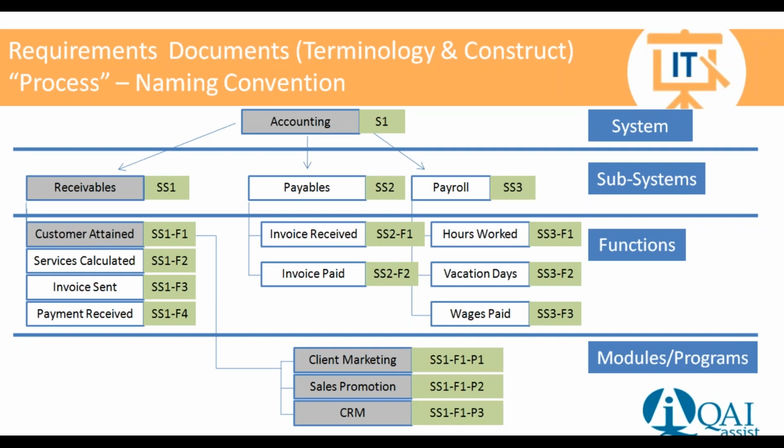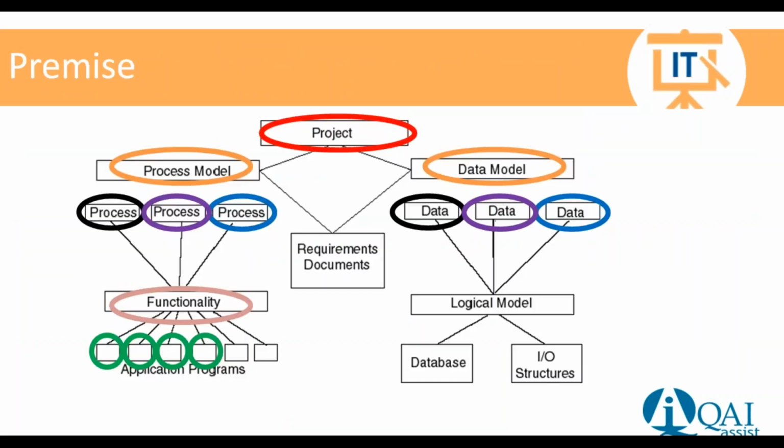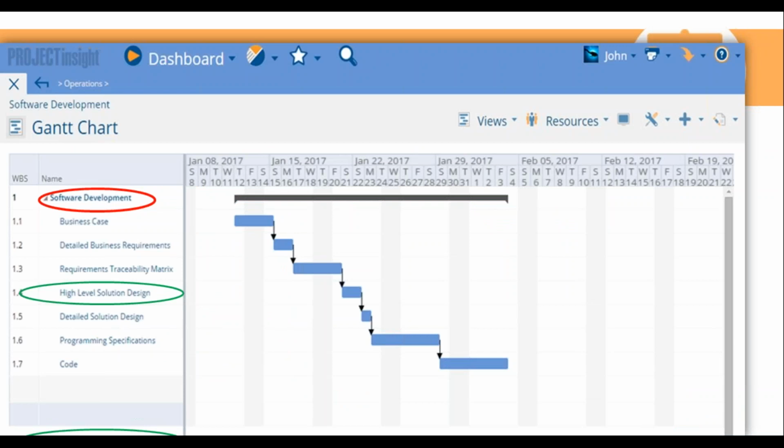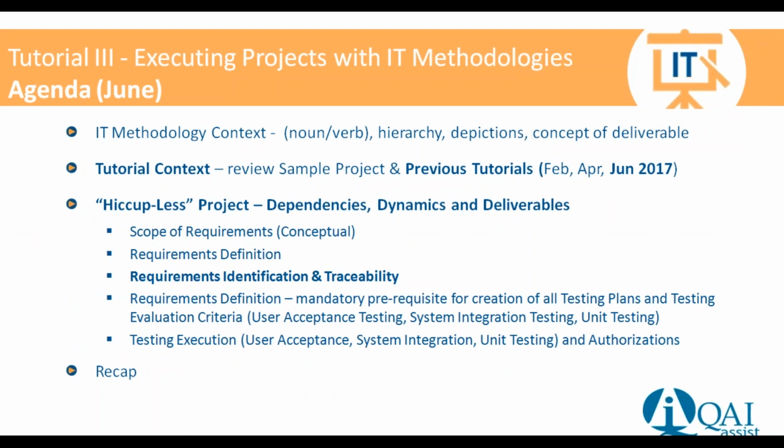Okay, so that being the case, just back to the structure again. Ultimately, when we have it all defined, we're going to have our high-level solution design deliverables, our detailed solution design deliverables per function, and our programming specifications in our requirements documents. So ultimately, here's another look at it. These deliverables are going to be completed as far as defining our requirements, which enables us to code.